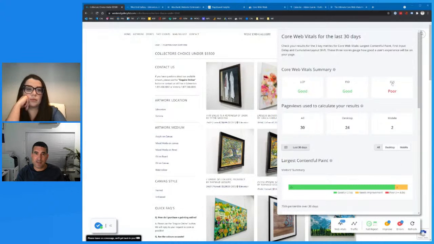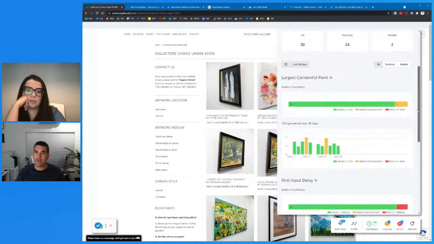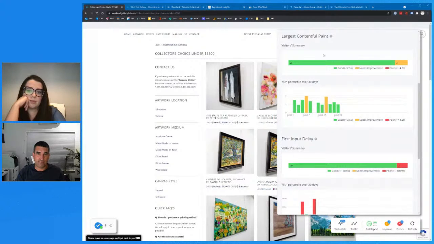So we can see that really the only issue is a cumulative layout shift. So something on that page is moving about. So that's the only thing we have to really dig into on this page. Now, if we look down, we get some nice graphs here, some measurement over the last 30 days as